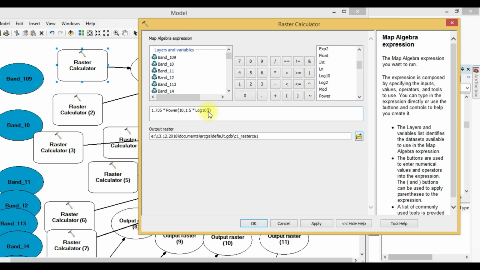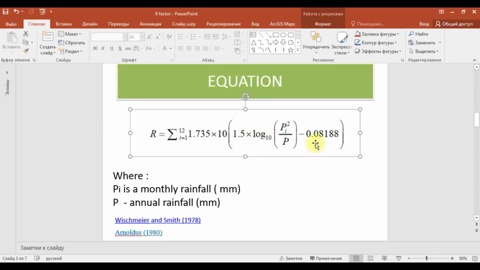So for monthly precipitation we can just double click, multiply it again by this and divide it by our annual precipitation. Where is it? Yes, this one. Just drag, divide it by annual precipitation. So logarithm, 1.5 multiplied by logarithm, and the last point is